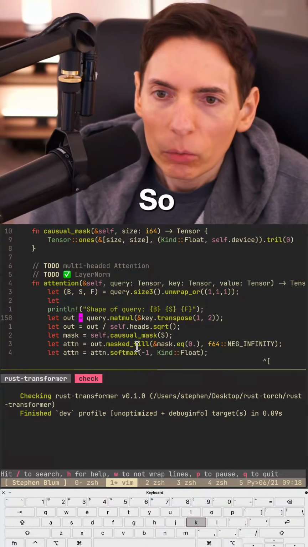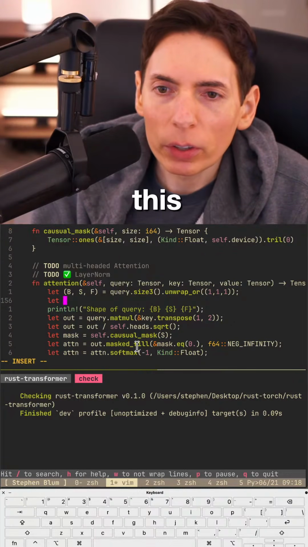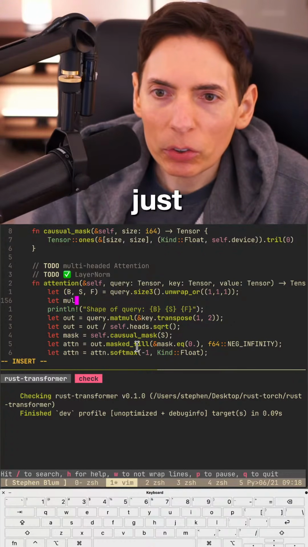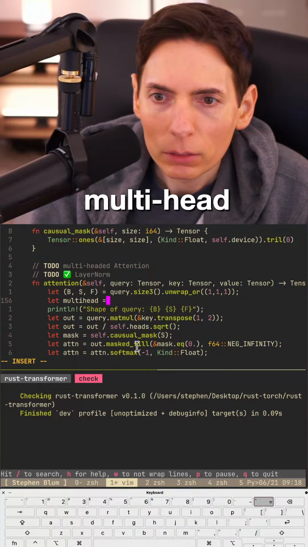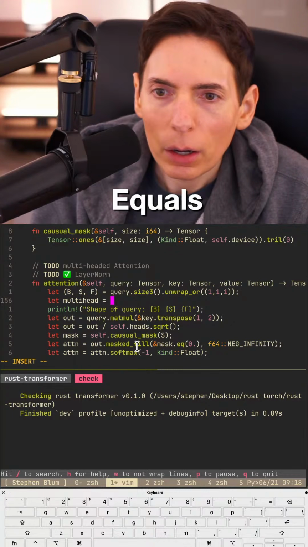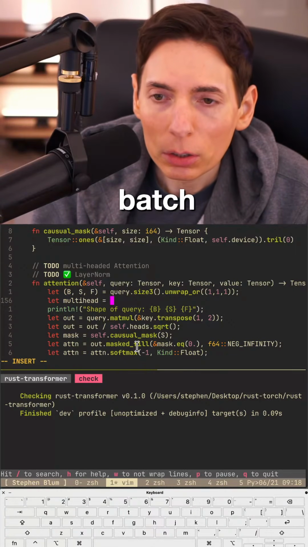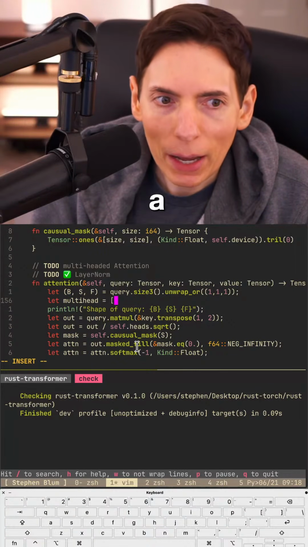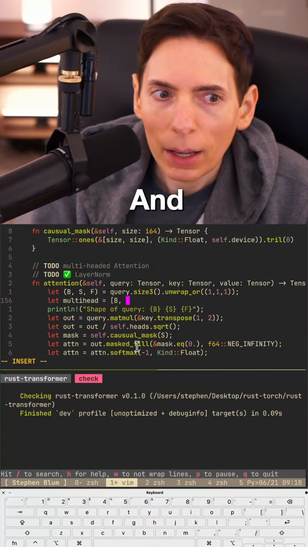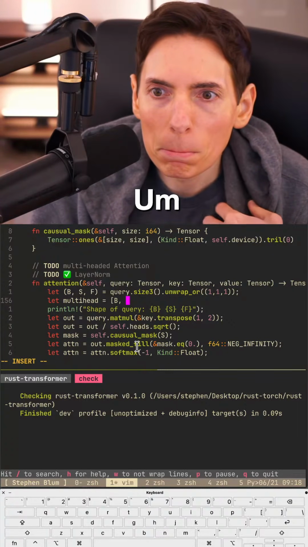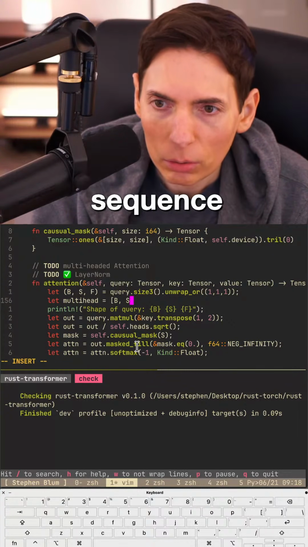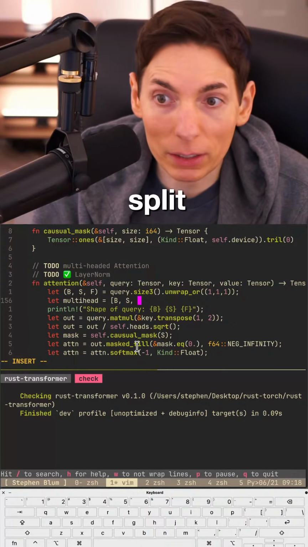So here, this is actually pretty short. I'm just going to call this multi-head, and it's going to be based on this. So we got our batch, so it's going to need to be a batch, and the sequence. Got to keep that. And then here's where we split.